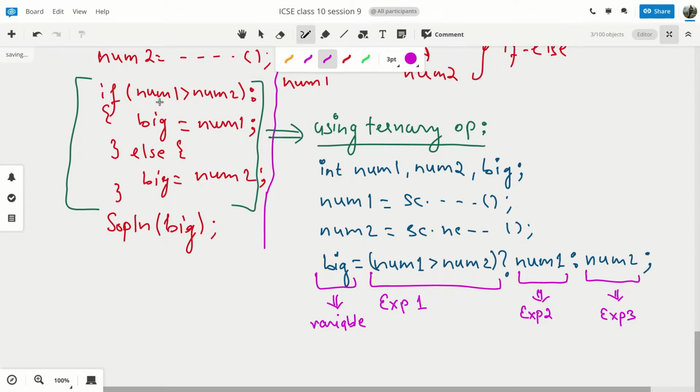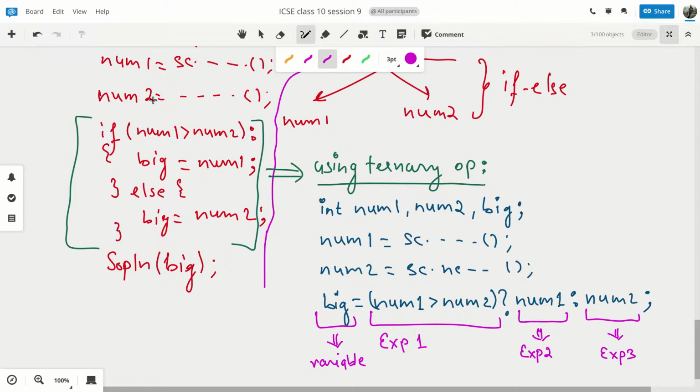Here the same thing: this is your expression 1, this is your variable, this is your expression 2, this is your variable, and this is your expression 3.